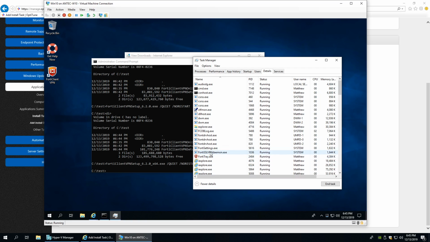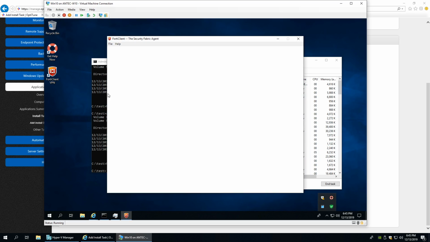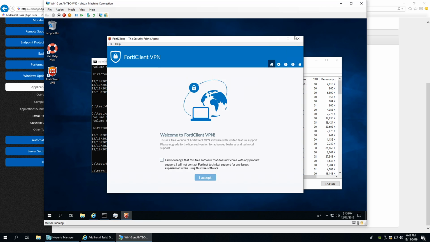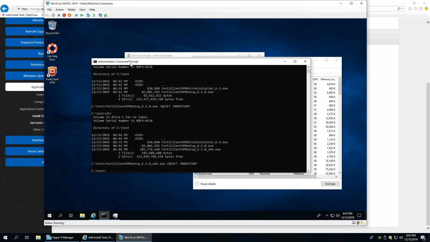Okay, now I think it's done. So now, there it is. Okay, so that was successful. Okay, so now we know what to call. It's to call this application 64-bit with these parameters. So that's the first bit of information. So now what you can do